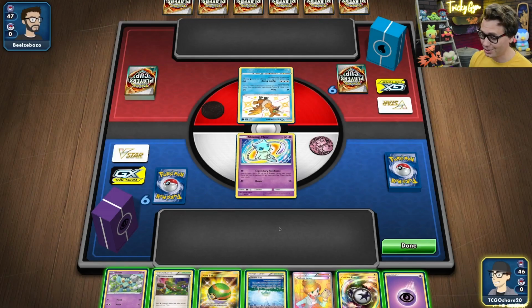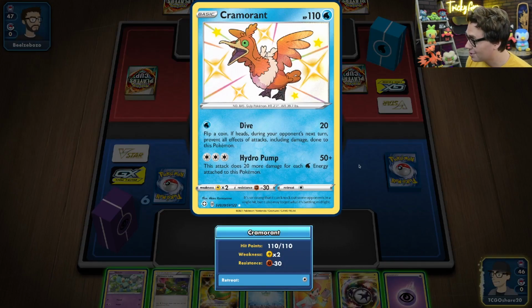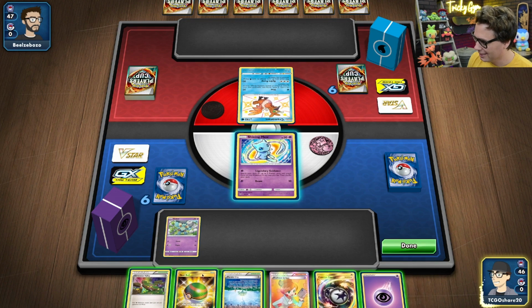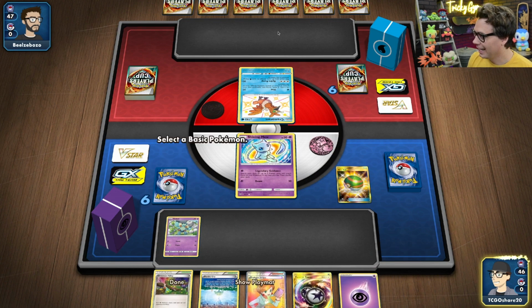Can accelerate energy. It's also got free retreat. I do need to watch out because it has only got 30 hit points, but I'm pretty sure we're chilling. We're going to bench Golett. I'm going to Nest Ball, and we're going to go